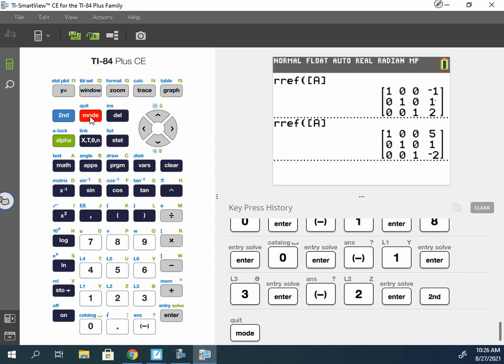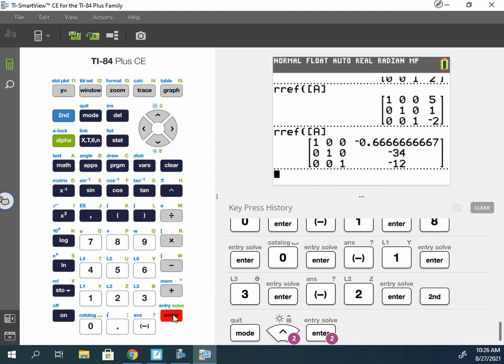So I'm going to show you a shortcut. So we've plugged this in twice already, yes? So what we're going to do next is we would go second matrix, pull up our REF, and then go second matrix A, yes? Don't I already have it there? So if I go up and highlight it and hit enter, it pulls it back down. Y'all have done that before with numbers where you can pull the number back down. Hit enter again. It gave us the answer